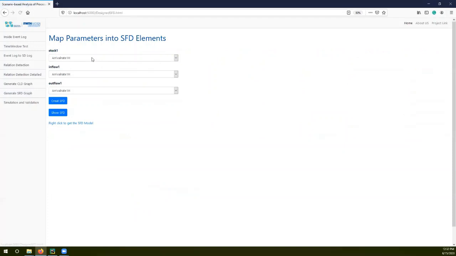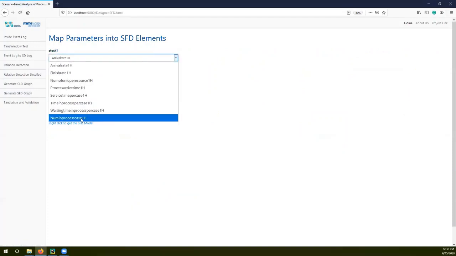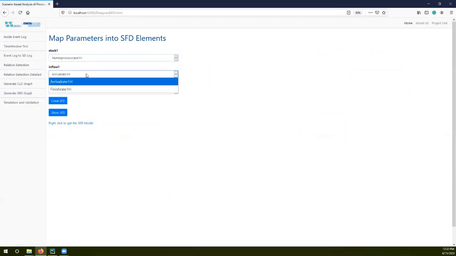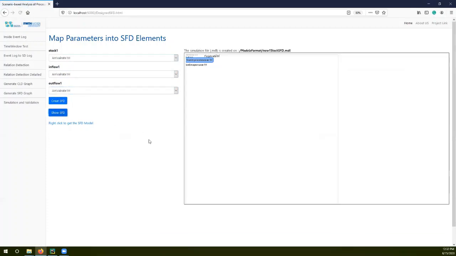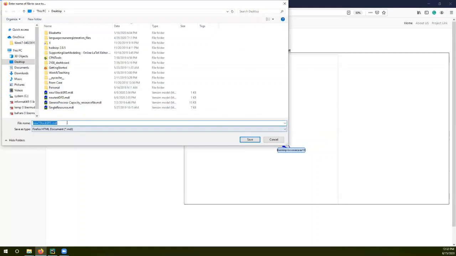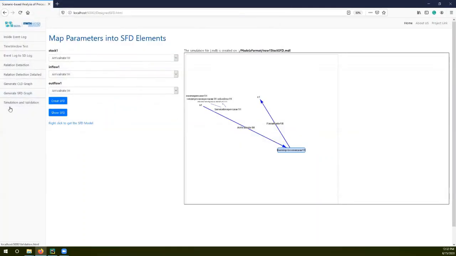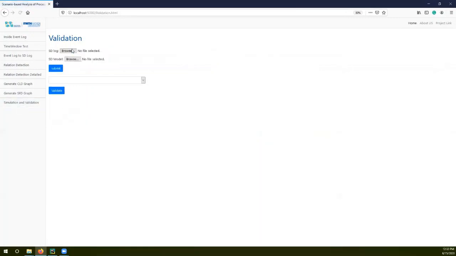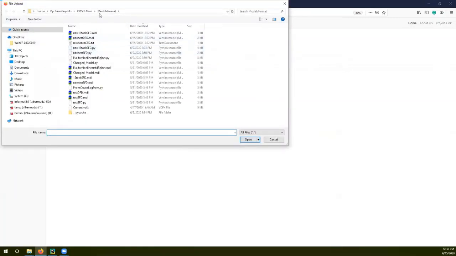Then the next step is that we map the variables that we have to the stocks and flows. Based on the number of variables in our ST-log, we can see a different number of stocks. Here you can see the model for visualization. You can also download the model, open it in any software that you want, and insert any different equation that you want.